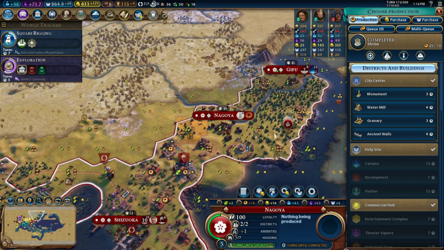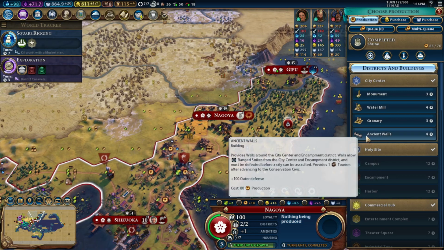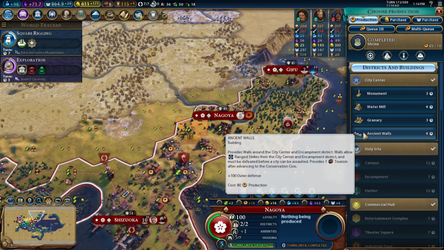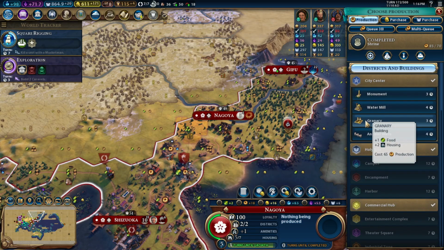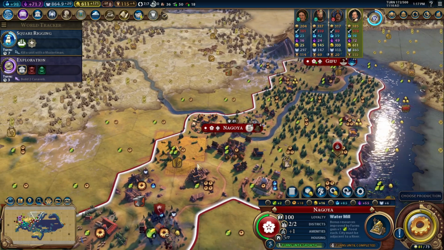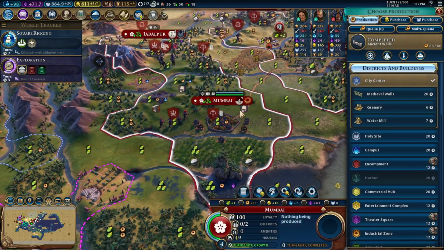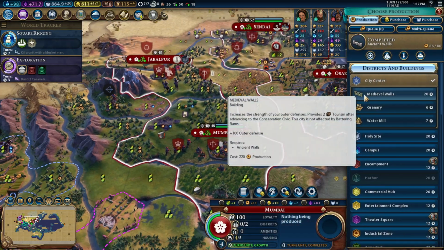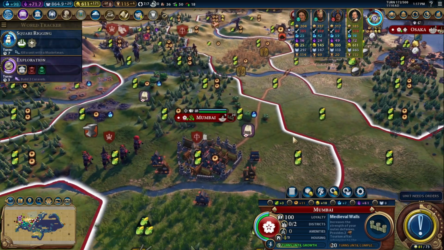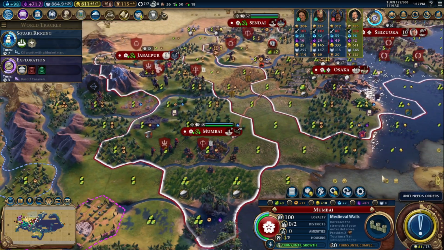Okay, we've got a shrine up here. Let's get a watermill. Get a little bit of extra food out of that wheat. Complete an ancient walls. Let's go for medieval. Getting walls is always fun. And it turns into tourism later, so...